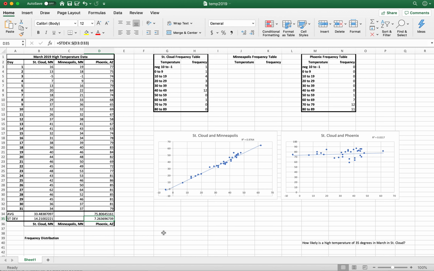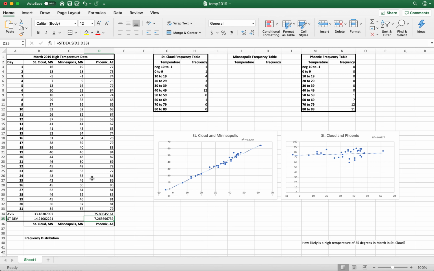And what that means is that in Phoenix, the temperatures do not vary as much. The high temperatures in March do not vary as much in Phoenix. The 7 degrees versus the 14 degrees in St. Cloud would say that there's much less variation in Phoenix. And if you look at the data